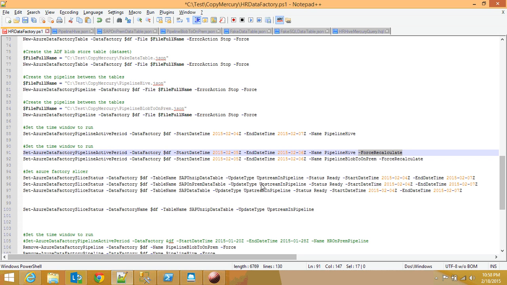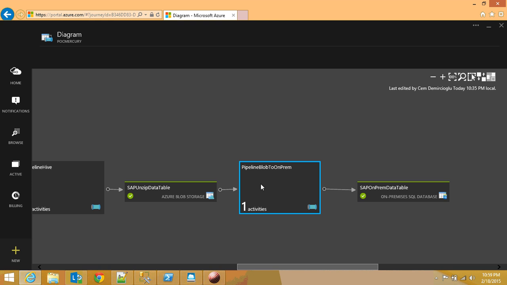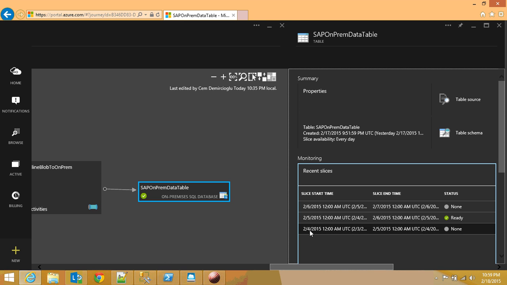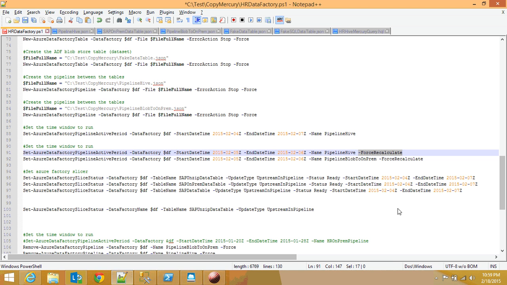If you run this pipeline, this particular one was daily, as you can see 26, 25, 24, on a per day basis, and let's assume that this has already been run, even though I run this command, it wouldn't have done anything for me unless I put this particular attribute or parameter. This basically forces the whole slicer to be recalculated,